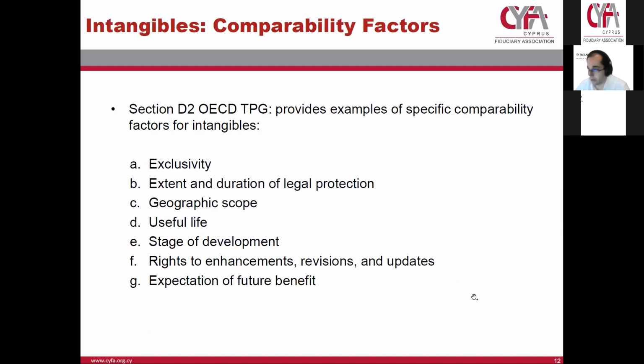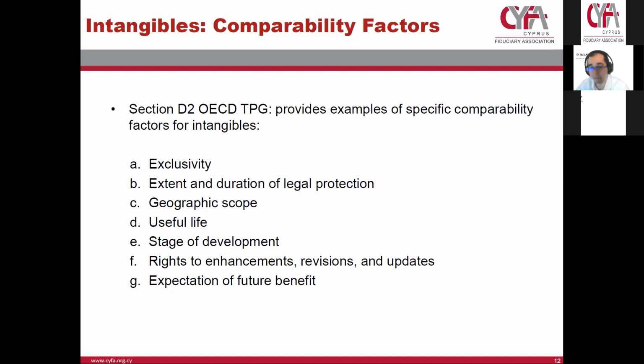The guidelines further provide for comparability factors specific for intangibles. So as you probably are aware, there are 5 comparability factors that are generally applicable in transfer pricing. These elements are specific to intangibles: to look at whether an intangible is provided with exclusivity or not in a certain market, the duration of the license, for example, or the patent, or the right to use that intangible, the geographic scope, so the areas where it applies and where it's protected,